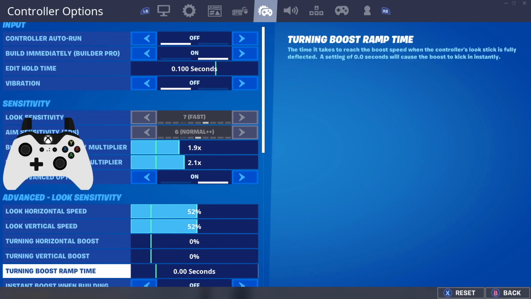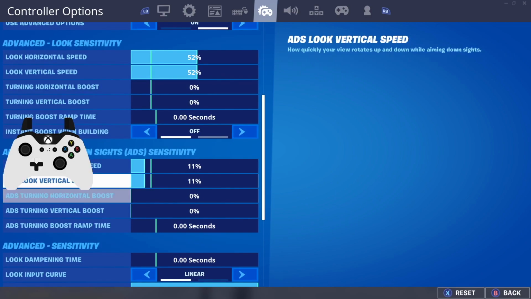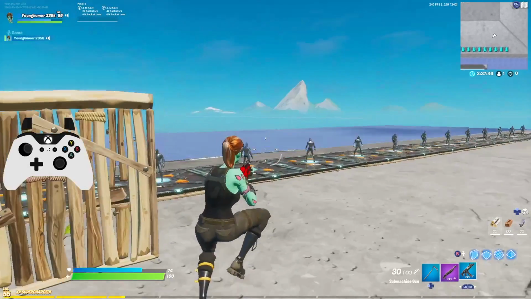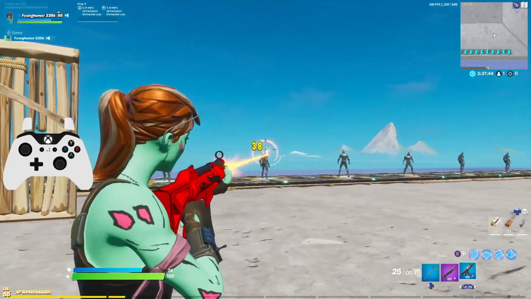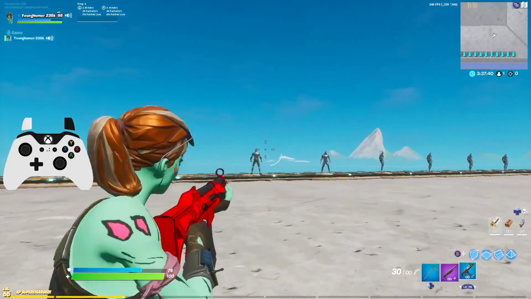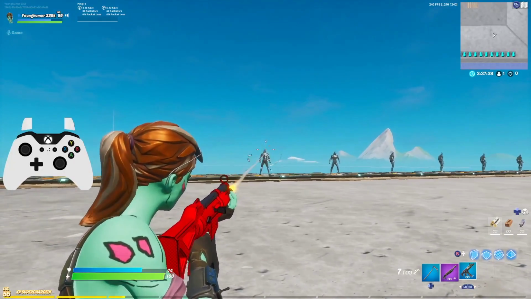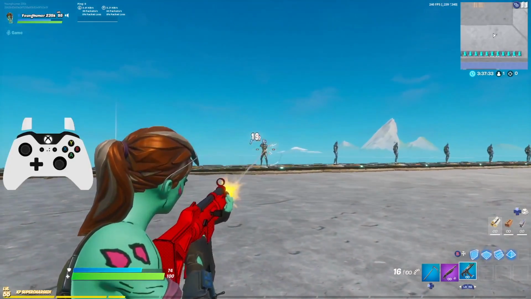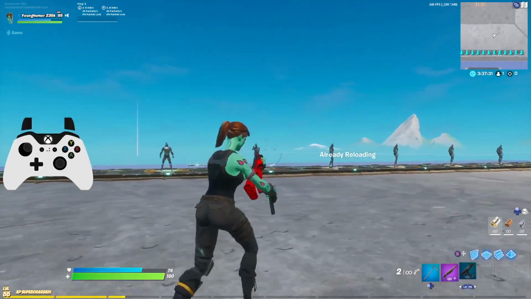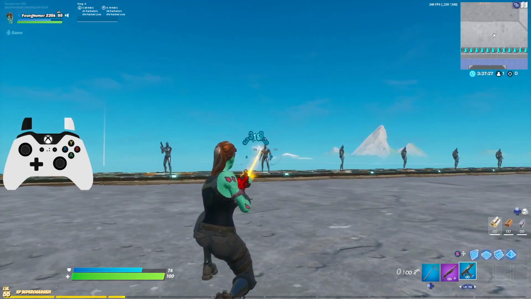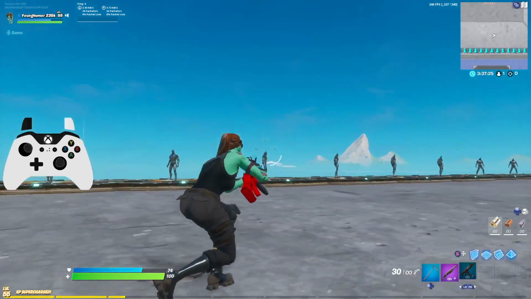So next I'm going to be going down to my ADS sensitivity, my aim down sights. Now I have it both on 11%. Now this is probably a little bit on the low end, maybe you guys play like a 13 or 14%, but honestly I really do like in between 9% and 11% for ADS sensitivity, because typically when you're close range, as I showed you in the example of me going for flick shots, you're usually just hip firing, so you don't really have to worry about being able to ADS and move very quickly from close range, because a lot of times in close range with shotguns you're hip firing quite a bit,